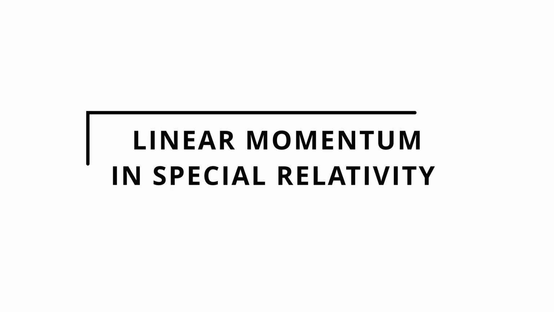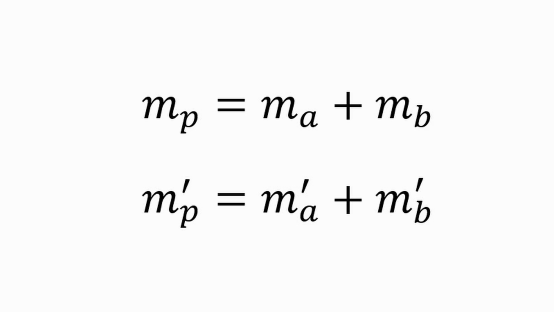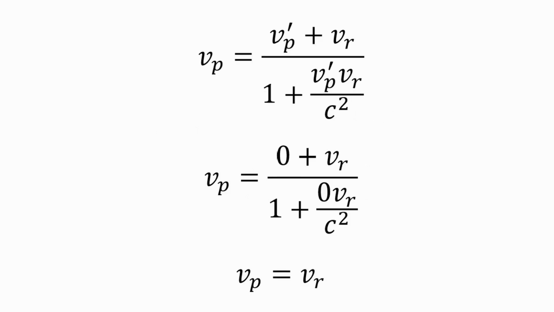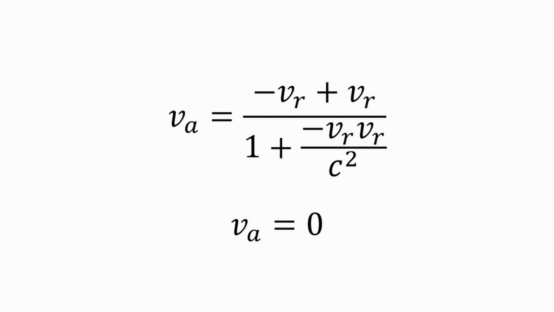So mass conservation becomes, the special relativity velocity transformation equation is. So in frame S the particle p velocity is, and the velocity of particle A is, and for particle B we have,